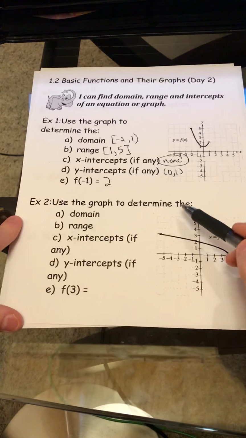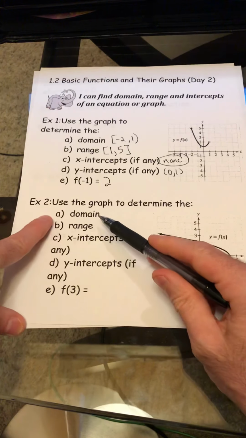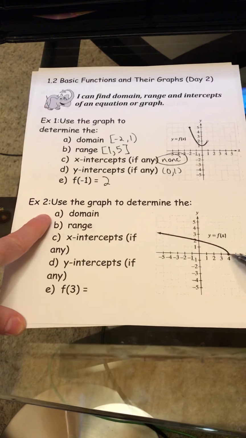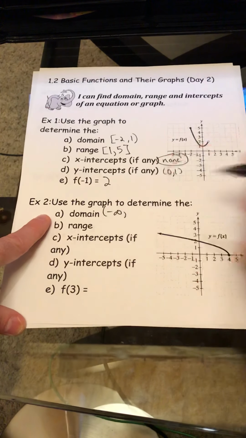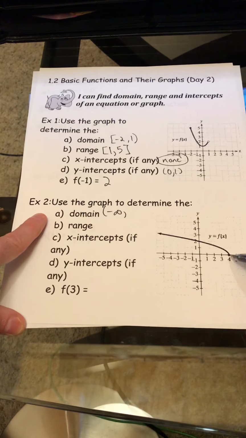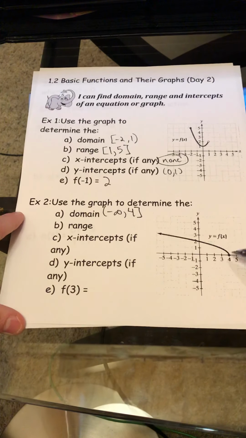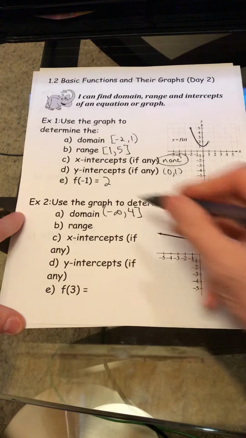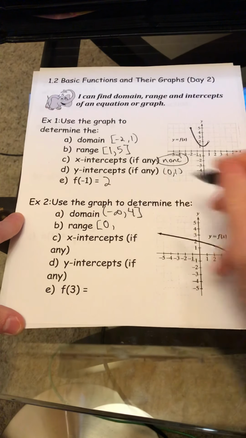Now, a little different example here with graph 2. Basically, you have a square root function that has been reflected. What's the domain? Here, your x values, as we go to the left, go to -infinity. The vertex stops when x is 4. As far as our range goes, the minimum y value is at the vertex, which is 0, and the graph, as you go to the left, does keep going up slowly